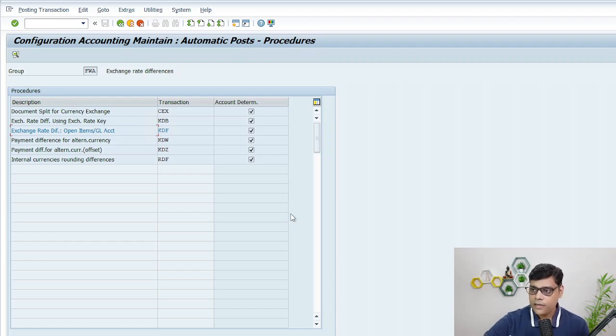So that in month end, when the user runs the foreign currency valuation, the system automatically calculates the exchange rate loss and gain, and accordingly posts it. Online processing is there, but mostly we follow batch processing because bulk transactions are there. If we try to understand it in very simple language,